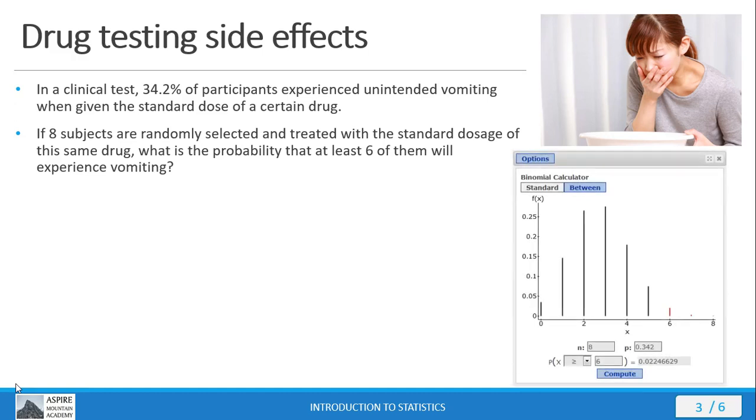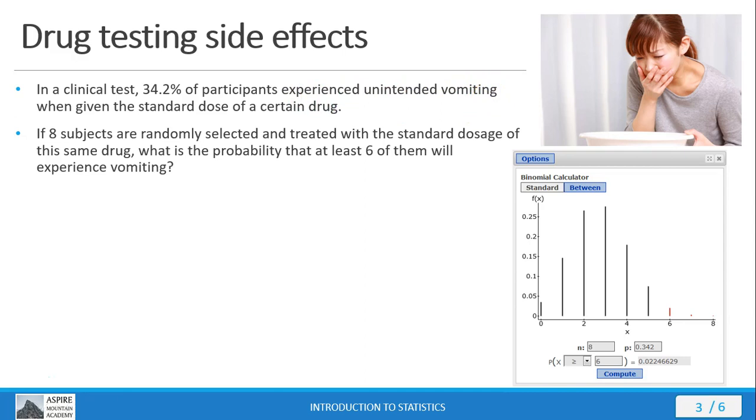Well, the first thing we want to do is just go into StatCrunch and get our binomial calculator out, and we can put into the calculator here the parameters for our distribution. So we've got 8 trials, the probability of success, 34.2%. Notice how we're defining success in this case. Success is being defined as experiencing unintended vomiting. I know it's a weird way to